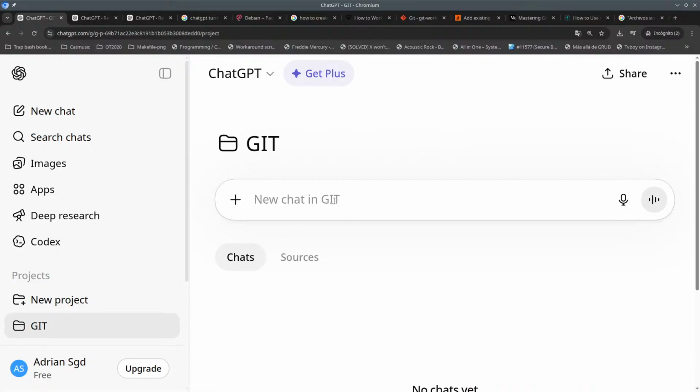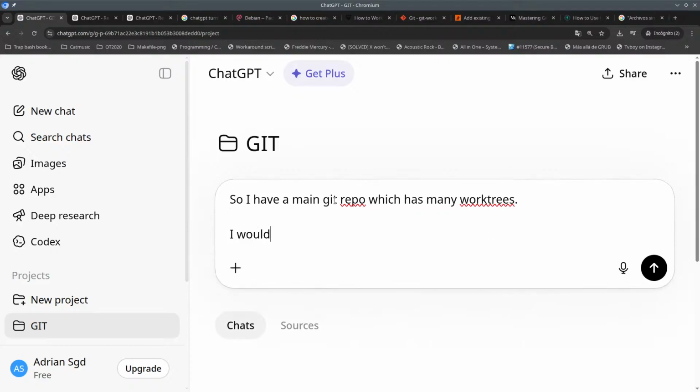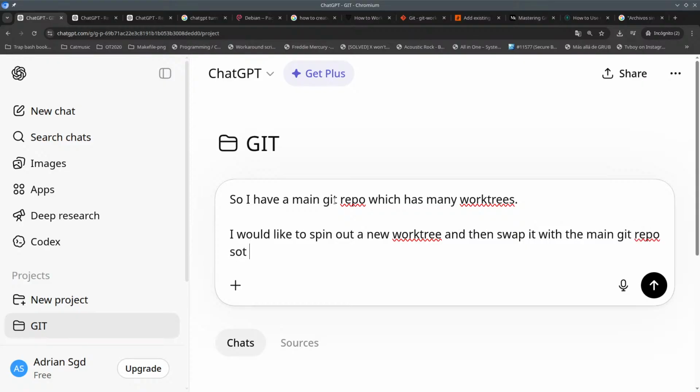Okay, so I have a main git repo which has many work trees. I would like to spin out a new work tree and then swap it with the main git repo so that I can discard